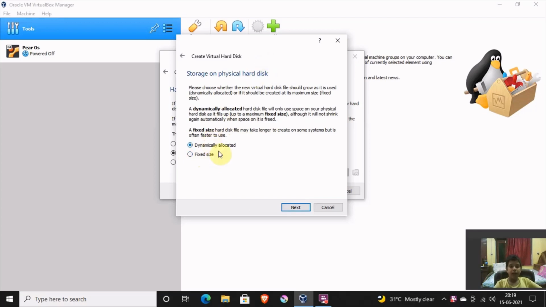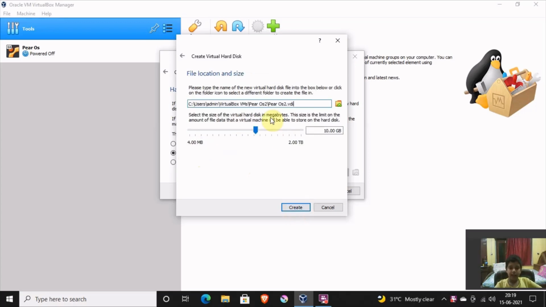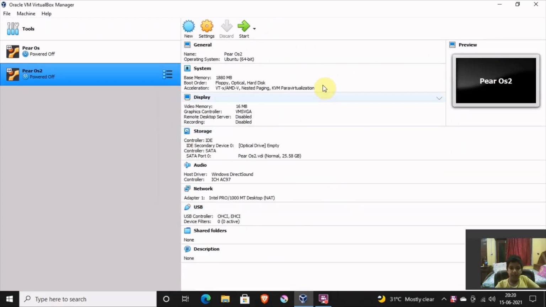I will click on the dynamically allocated for the purposes of this video, and then click on next. Here you have to set the memory size. I will set the memory to something like 25 GB, and then click on create. Here it will create the operating system.